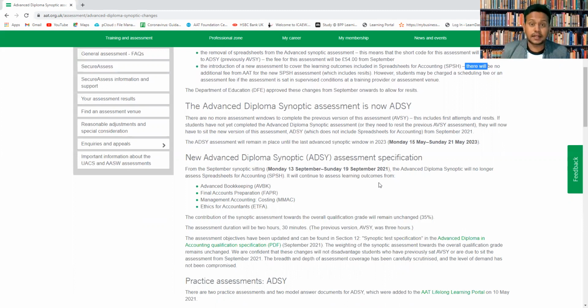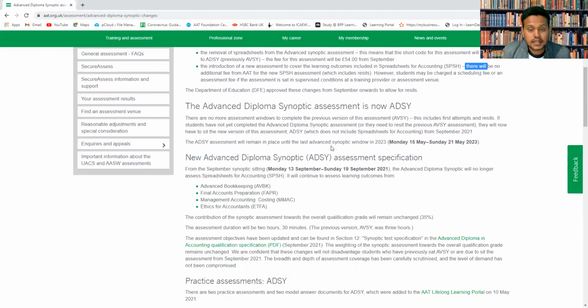That means next year. So if someone enrolls with AAT February 2022 and with the new syllabus, that is AQ22, then they don't have to do the synoptic exam. But any student who already enrolled with the AAT, so they are currently studying the AAT, they have to carry on the same module, the same exam, and the same synoptic until June 2023.